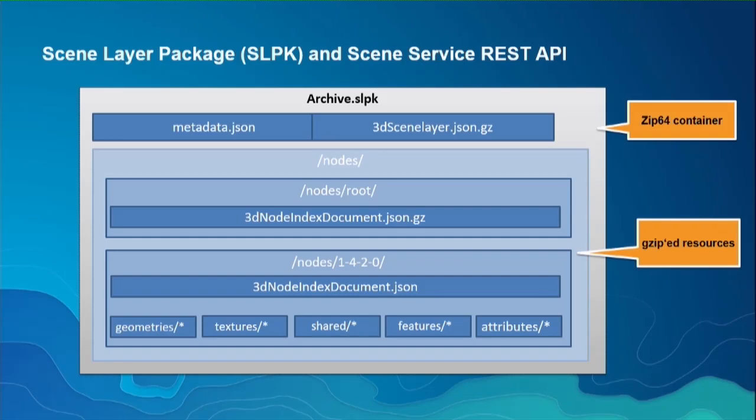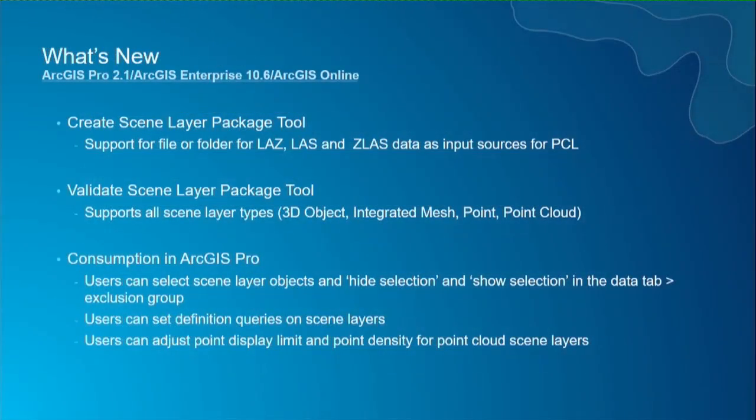This is the resource that is used to define the layer type, the store, and the type of content it has, whether it's textured or not, or whether it has attributes or not. So